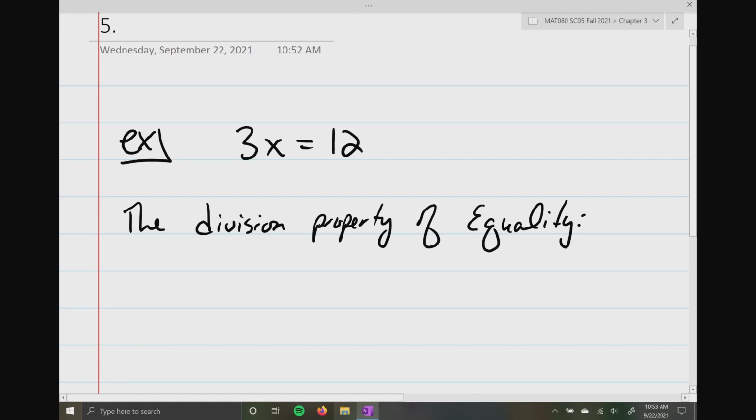We have this thing called the division property of equality. Now, do you remember the addition property of equality? Remember that from chapter 2? Whatever you do to one side of the equation, you got to do to the other. It's the same thing here, Connor. Same thing. Just watch. If you have two things that are equal to each other,